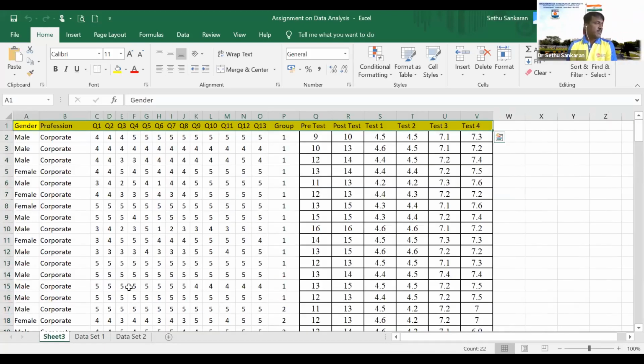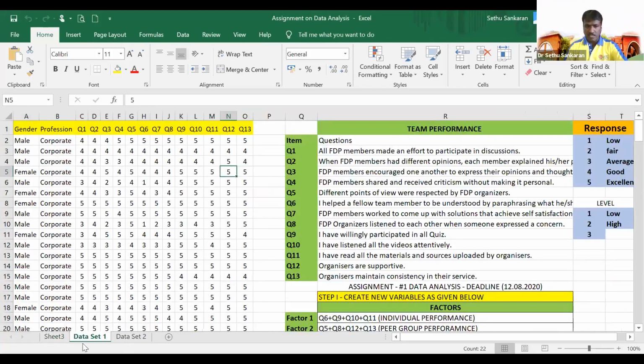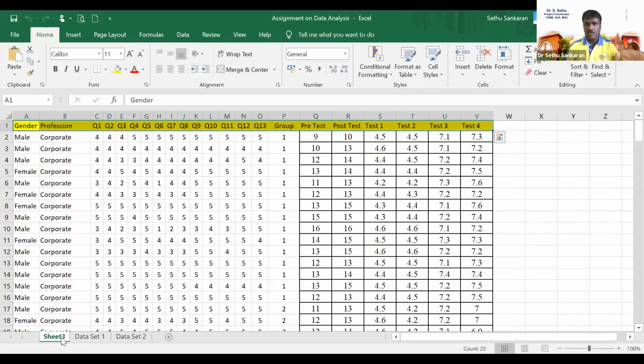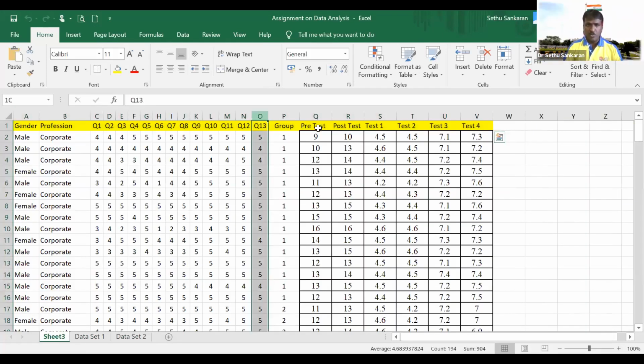See here, in my sheet, the data is put in one page. Here sheet number 1, where I put the gender, profession, 13 statements, and this data is taken from the data set 2 sheet. In Excel, there are 3 sheets: data set 1, data set 2, and sheet 3. Okay, so up to this is from data set 1.